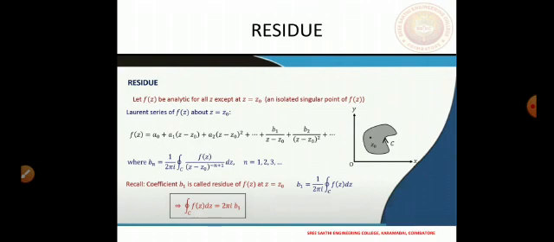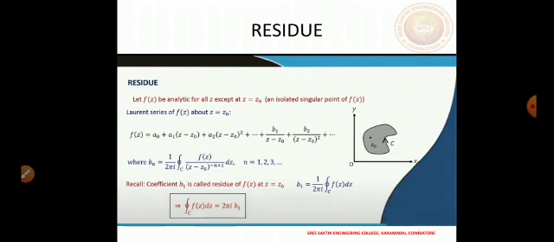So now the b1 here, which comes directly from the integral, is 1 over 2 pi i times the integral of f of z times z minus z naught to the power minus n plus 1. So if n is 1, then this becomes 0, so there is no term z minus z naught here. So this is a simple integral: b1 equals 1 over 2 pi i times the integral of f of z dz.